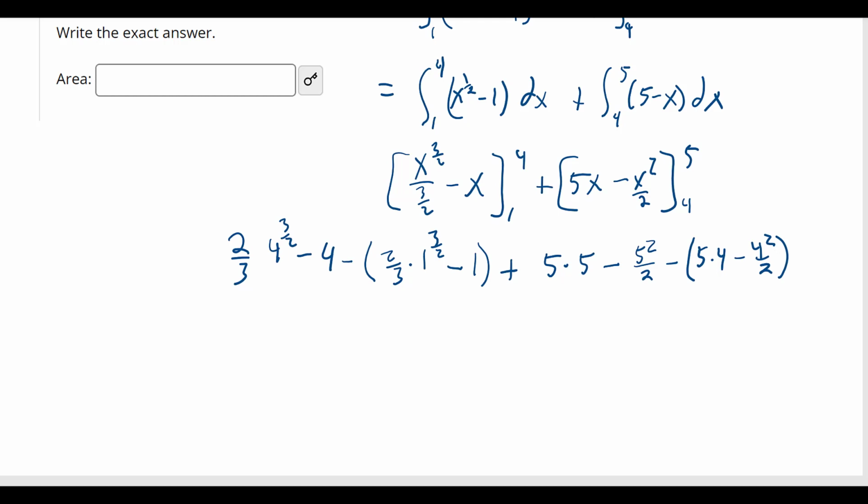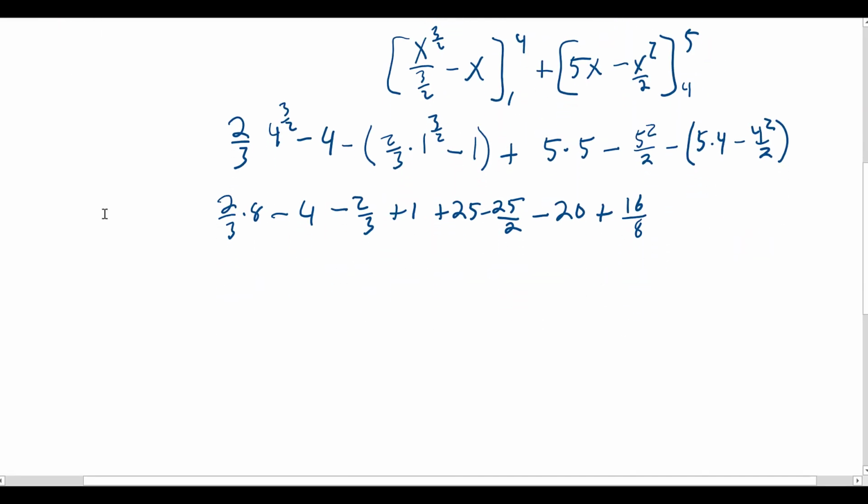So the square root of 4 is 2, 2 cubed is 8, so we have 2/3 times 8 minus 4 minus 2/3, because 1 to the 3/2 is just 1, plus 1, plus 25 minus 25/2, and then we have minus 20, then we have minus negative makes it plus 16/2. And I know that's 8. I'm doing things in steps here. Okay, so we have